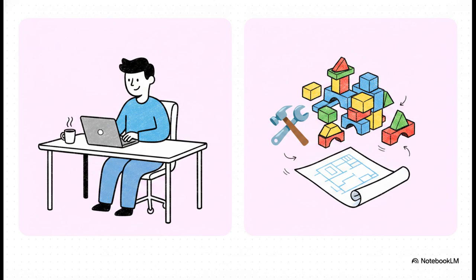To make the smartest business decisions, you have to understand this major fork in the road. You need to know whether your team just needs a ready-made application environment or if you actually need the API to construct a custom workflow. ChatGPT is a completed product experience. It's built to help a person use AI for everyday productivity right out of the box. The OpenAI platform, on the other hand, those are the raw building blocks for developers. So if you want to build a customer service bot that actively queries your company's private inventory database, you need the platform, not just ChatGPT.